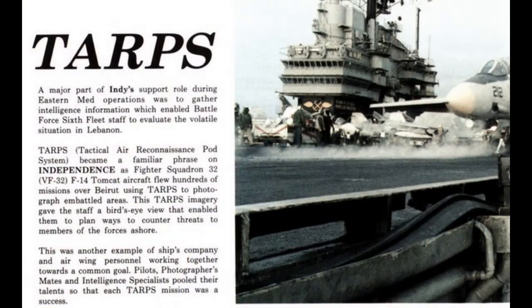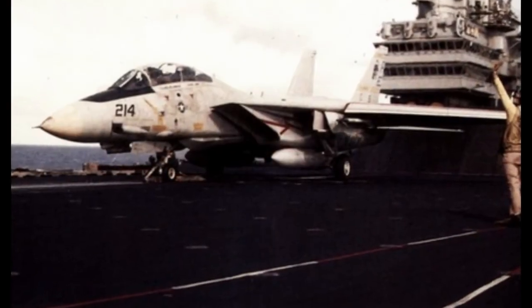But as soon as we finished that exercise, we headed to the Mediterranean, and we ended up going all the way over to Lebanon in the Eastern Med and spent some time over there. And so we were flying TARPS sorties over Lebanon at that time. I flew several of those missions, and I'm getting towards the end of my tour now. This is in late November, early December,